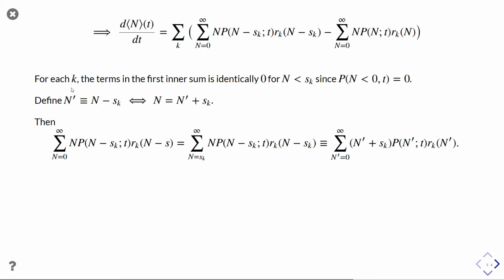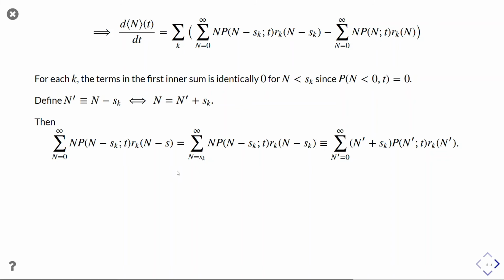For each k, the terms of the first inner sum are identically 0 if n is less than s sub k, since the probability of n taking a value less than 0 is 0. And indeed, if n was less than s sub k, we would have P of an abundance less than 0. Now, define the variable n prime as n minus s sub k. It's equivalent to saying that n is equal to n prime plus s sub k. Now, we can manipulate the sum as is shown here. We're taking this sum here from the top expression,